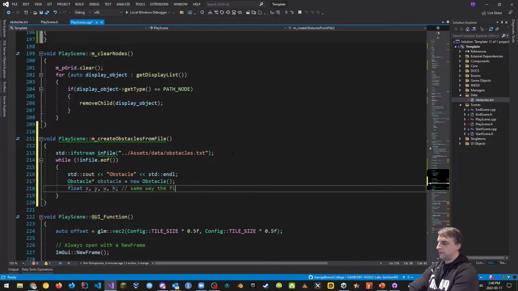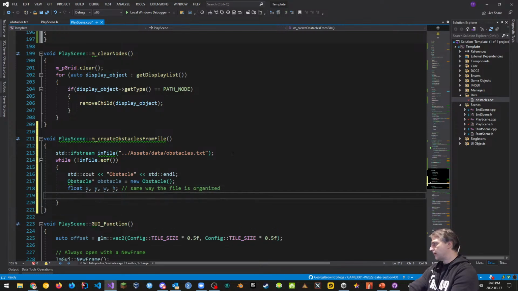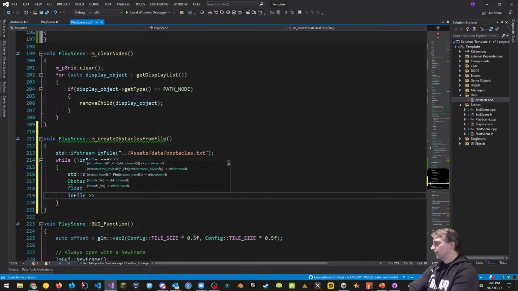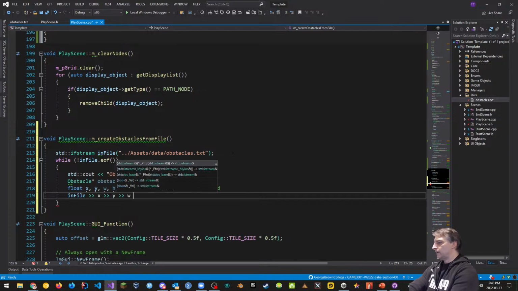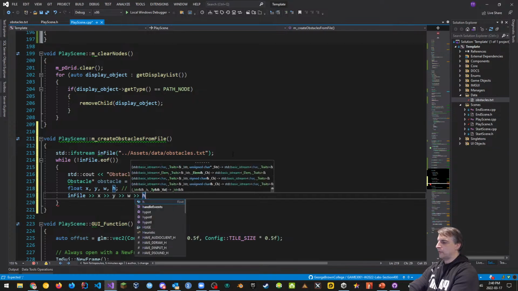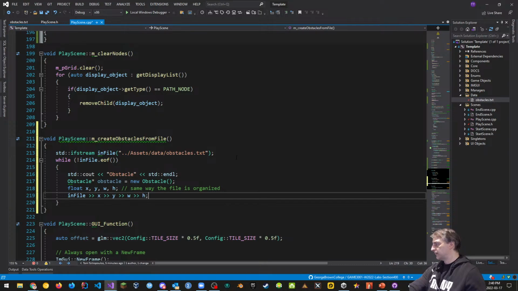Same way the file is organized. Remember we talked about deserialization. That's what we're doing right now. And then we're going to get from the file stream X, Y, and then width and height. We're going to read that line from the file stream and basically store those values, X, Y, width, and height, inside of these floating point values right here. So this is deserializing the data.